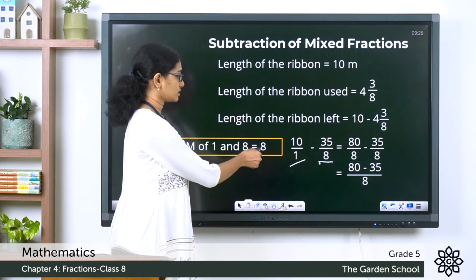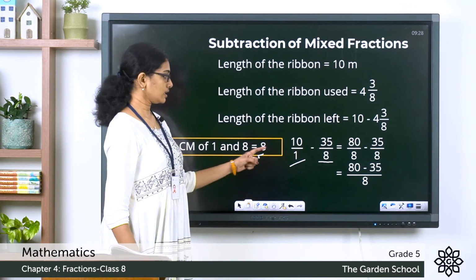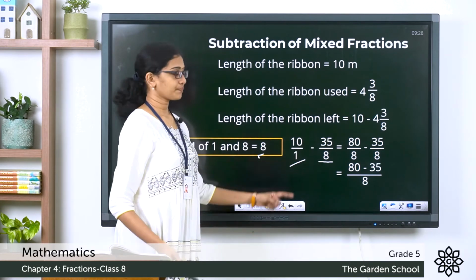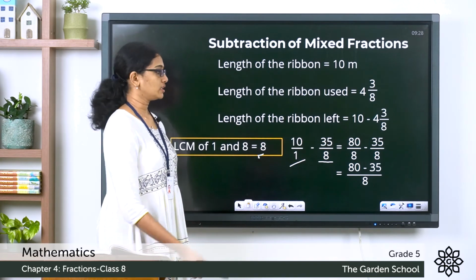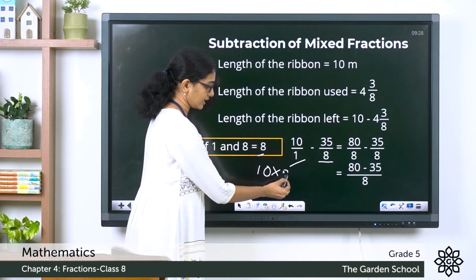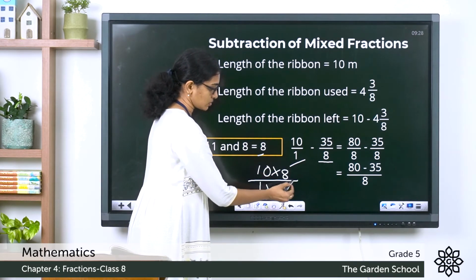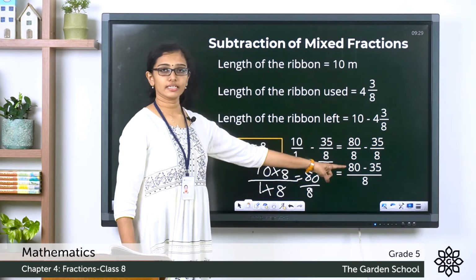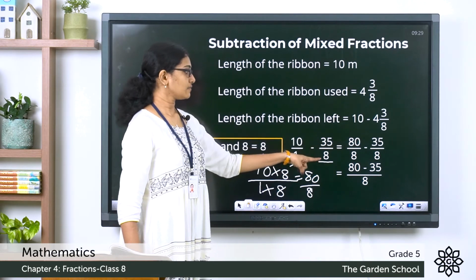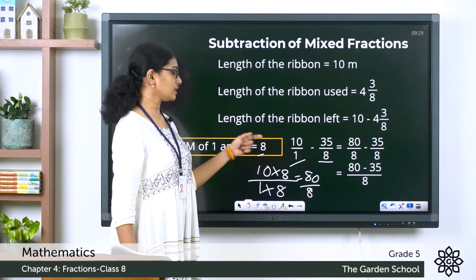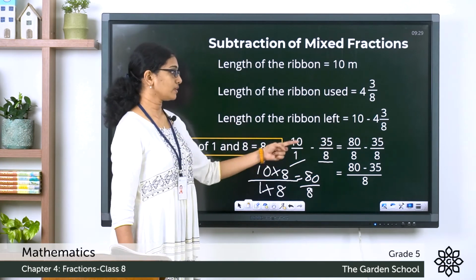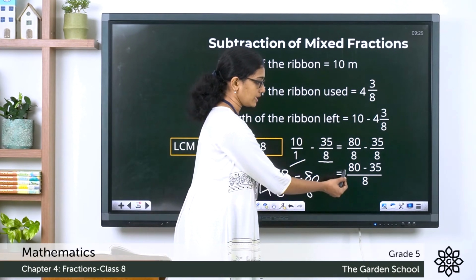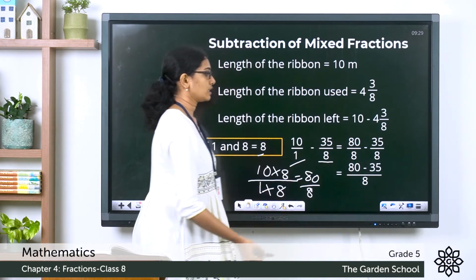So how do you change it? Just divide this LCM by this denominator, that is 8 divided by 1 is 8 itself. Now multiply that 8 with both the numerator and the denominator. So it's going to be 10 into 8 divided by 1 into 8. So that will give you 80 by 8. So that is what is given here, 80 by 8 minus the second fraction, which already has the same denominator as that of the LCM. So there it is, 35 by 8 itself. So our equivalent value will be 80 minus 35 by 8, which is equal to